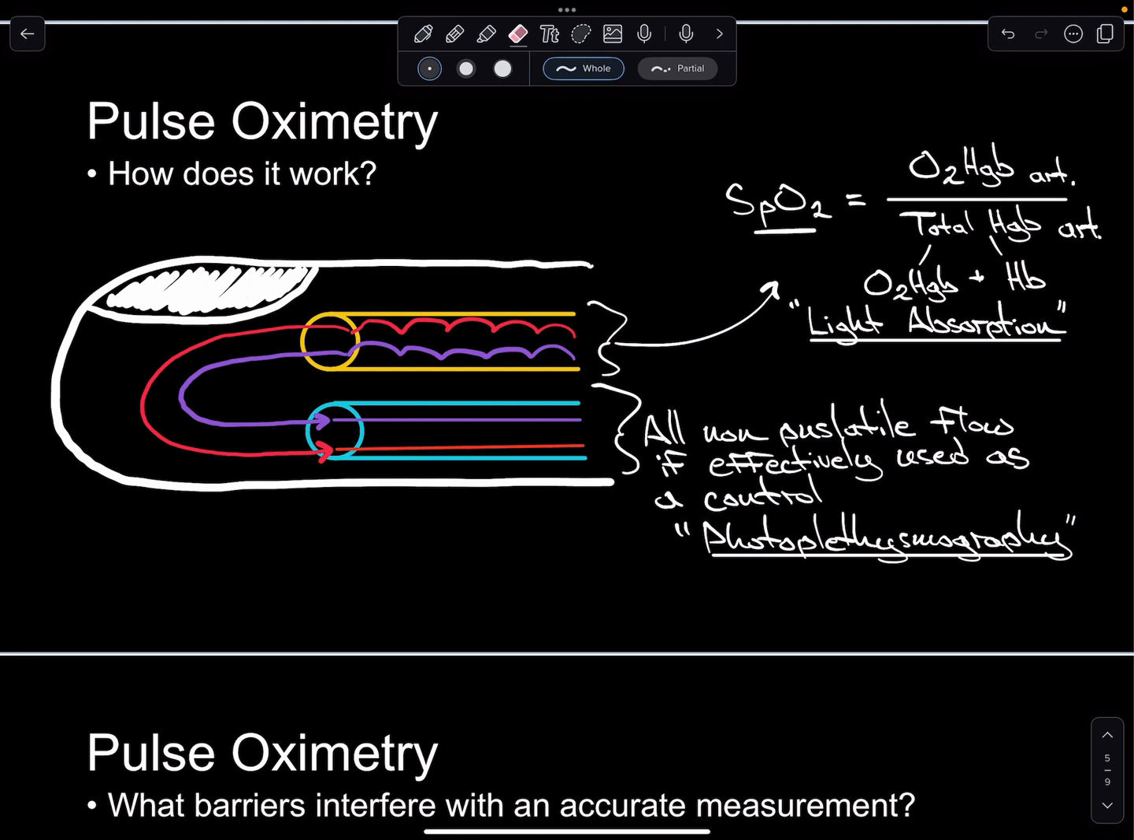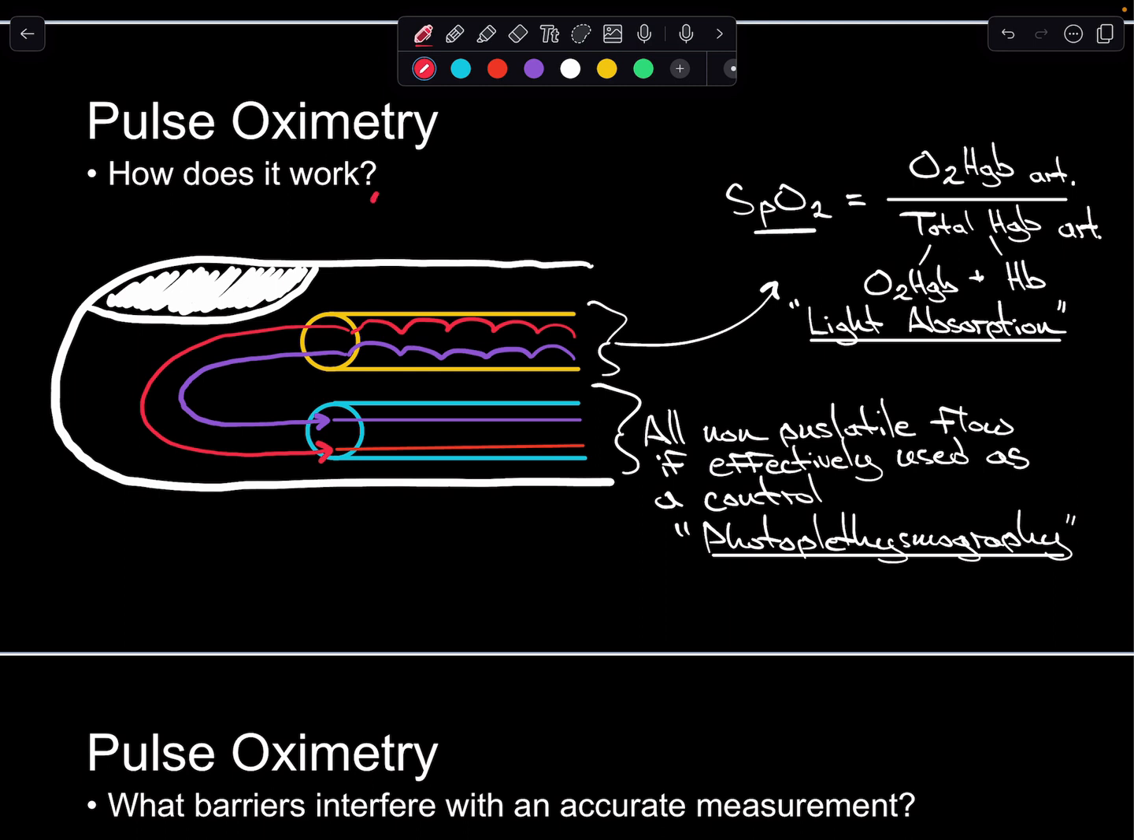So pulse oximetry uses the pulse ox clip that you see in every OR that goes on the patient's finger, and it reports a percent of saturated hemoglobin. So it's kind of interesting. You might get asked how this works. So just to give a very brief overview, on the top of the clip, you have a light